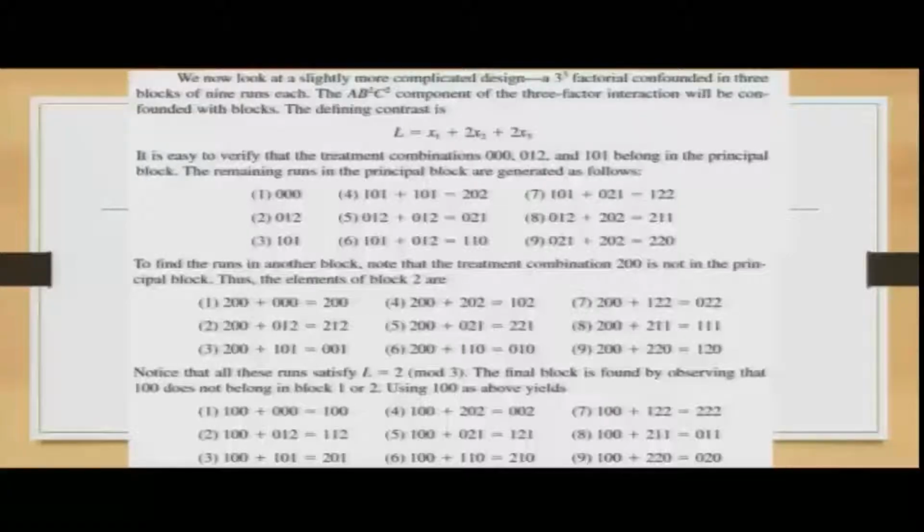So, belonging to this principal block, the remaining runs in the principal block are generated accordingly. So, you can find for the first one it will be 0, 0, 0, in the first block you have 0, 1, 2, 1, 0, 1, and the combinations which you will have for different blocks, that if you consider the second block, the first element, even though the word first element may not be right, but I am trying to basically highlight the fact what is of interest to us.